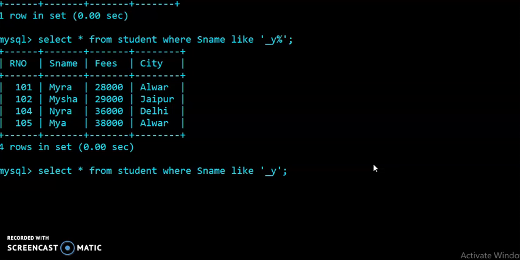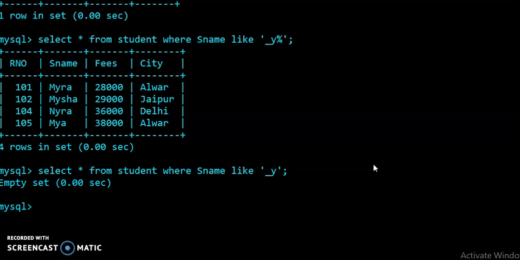So when I implement this command, it will show you the empty set. It means there is no name here whose contains 2 characters. Okay, because the minimum character name is Maya, which contains 3 characters in itself.